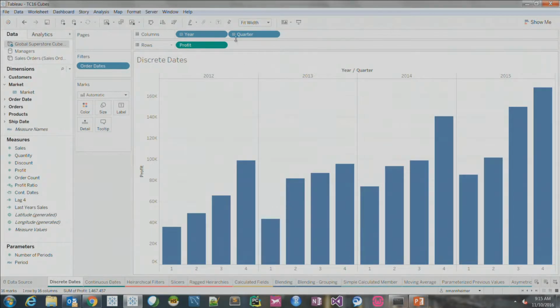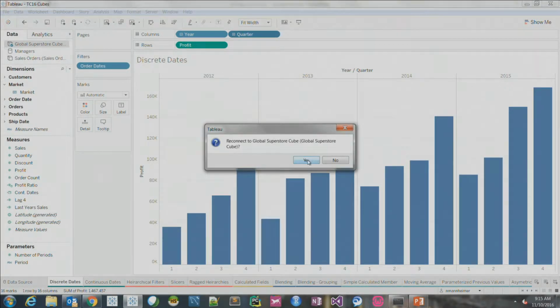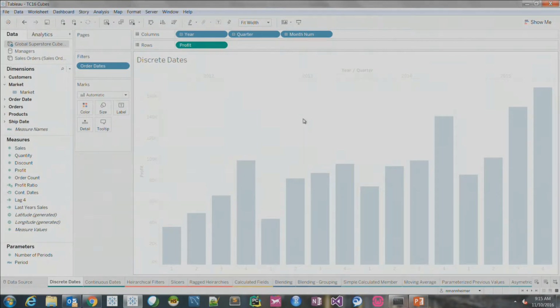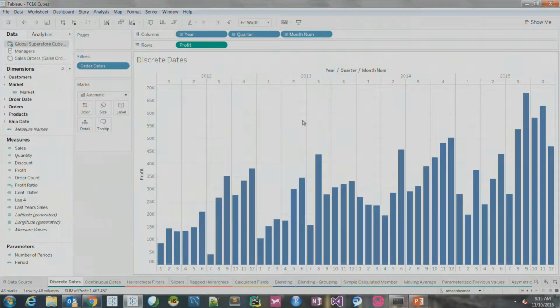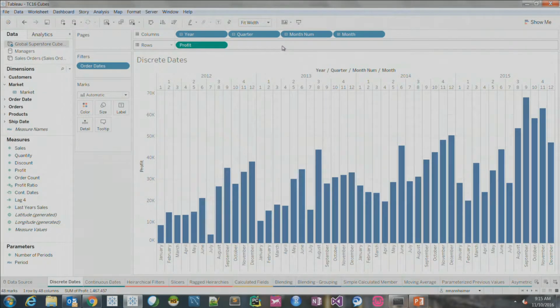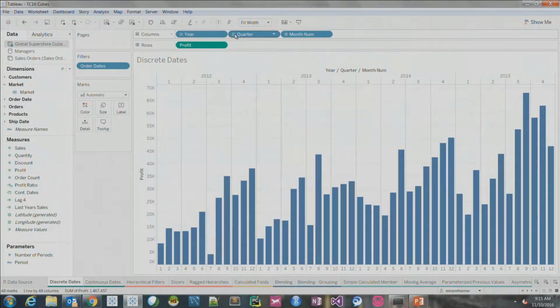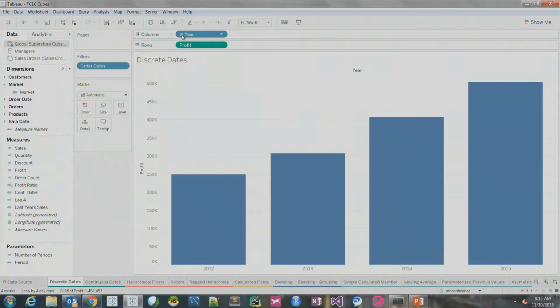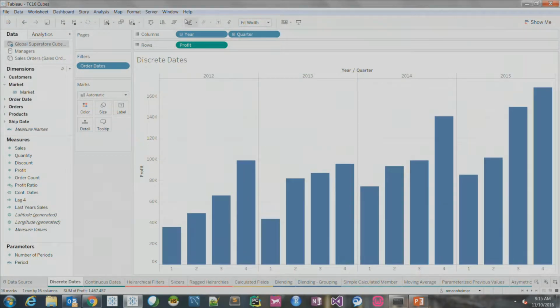We can drill quarter down to, I'm going to reconnect here. Drill quarter down to month. We have month number. We have the name of the month. We can drill back up, or even back up to year. But that's pretty standard Tableau fare, and I'm sure most of you are familiar with working with data in this